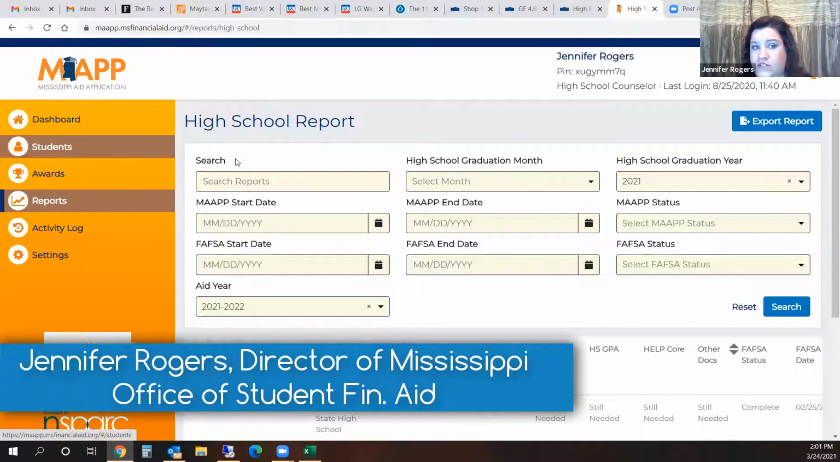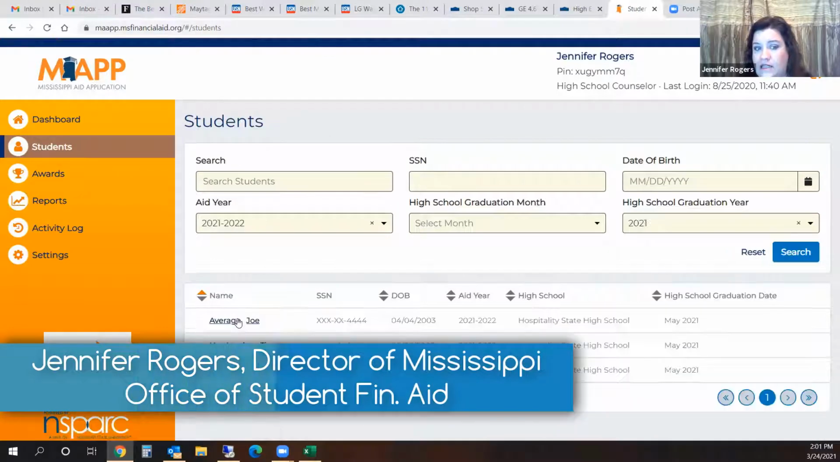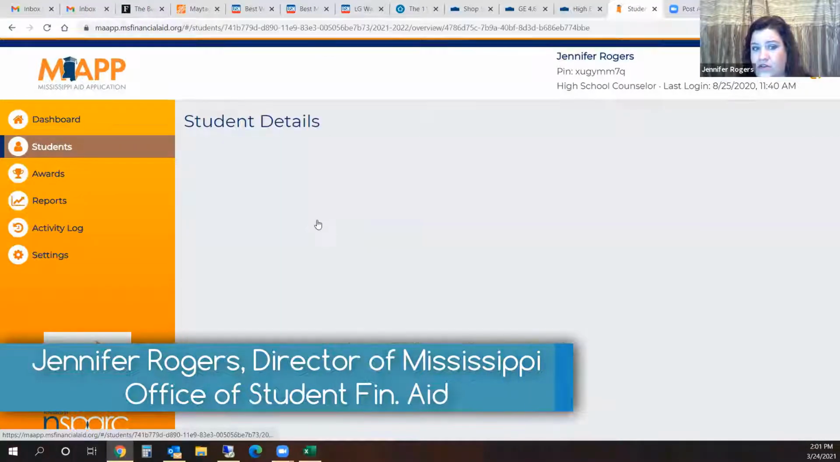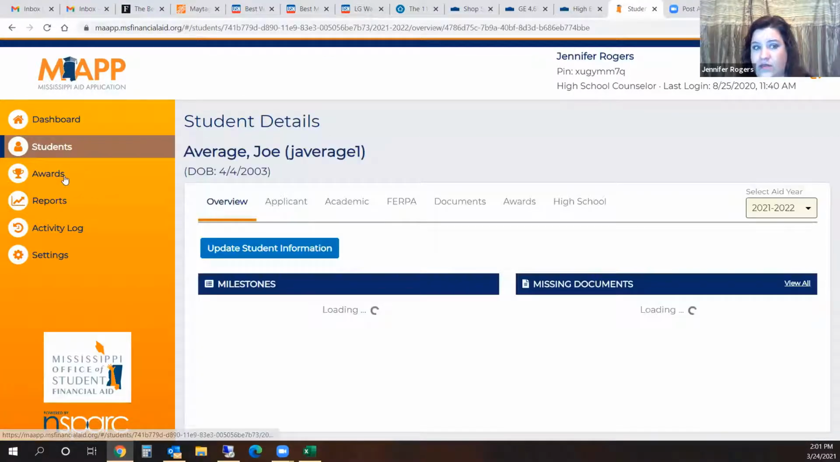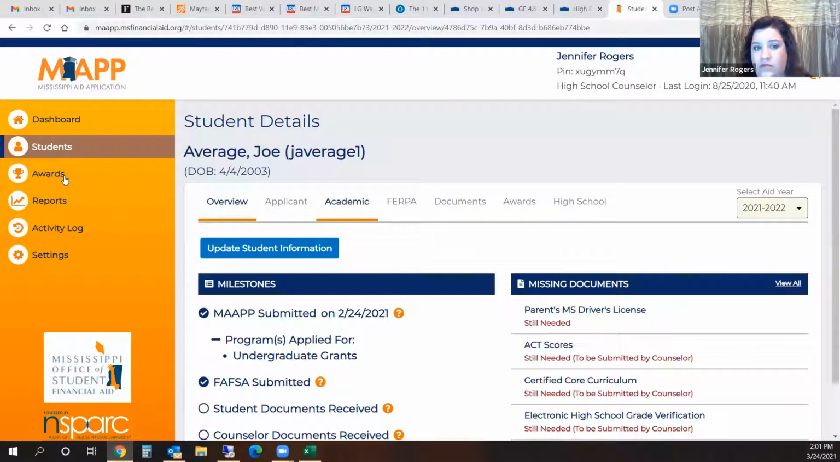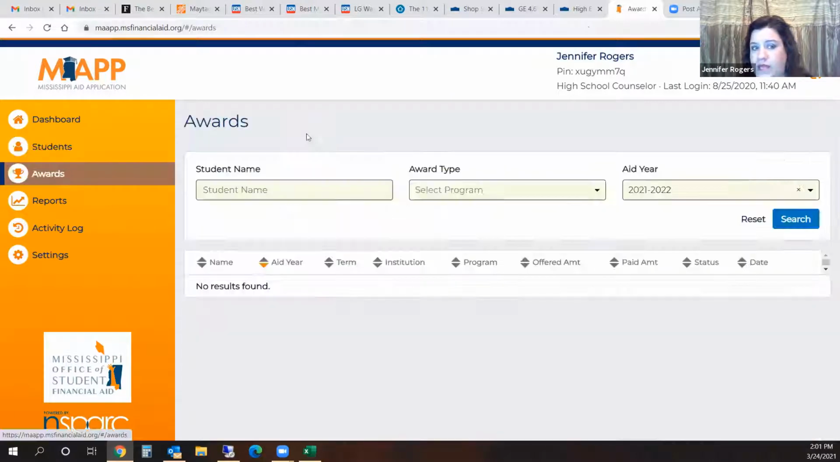We've talked through seeing your list of students and clicking on the students to see their details. Now let's talk through awards. Once we make awards, the State Financial Aid Office usually receives